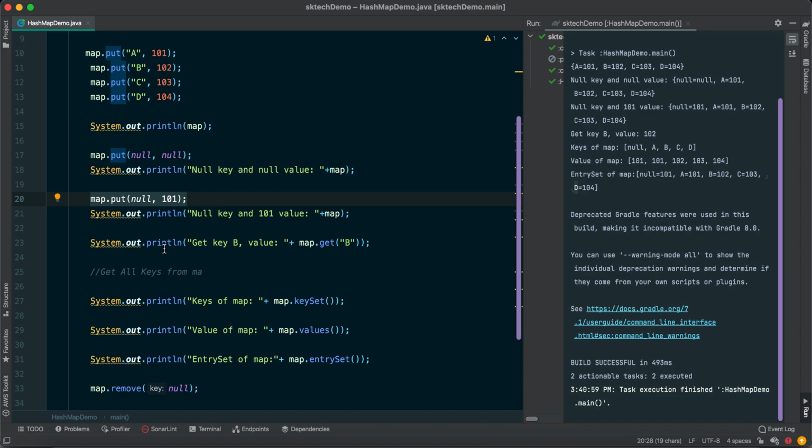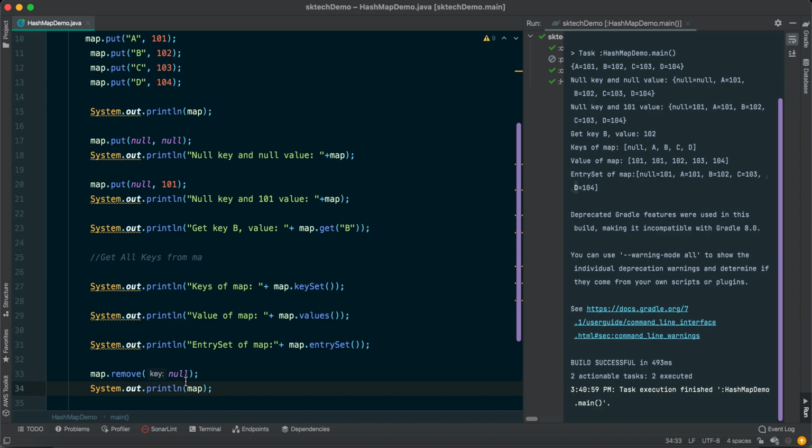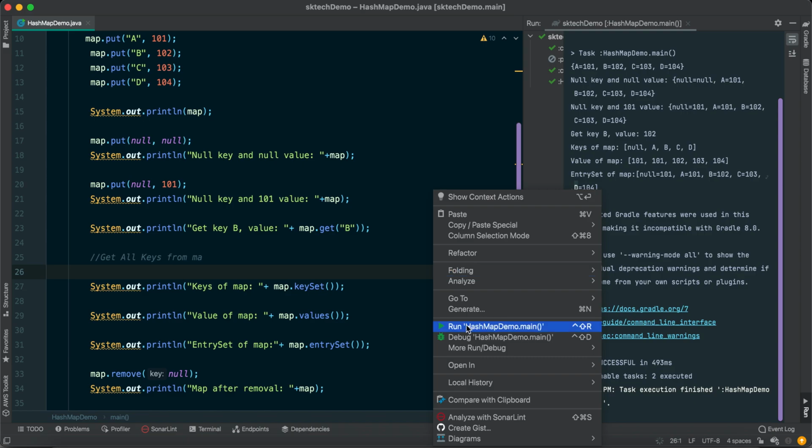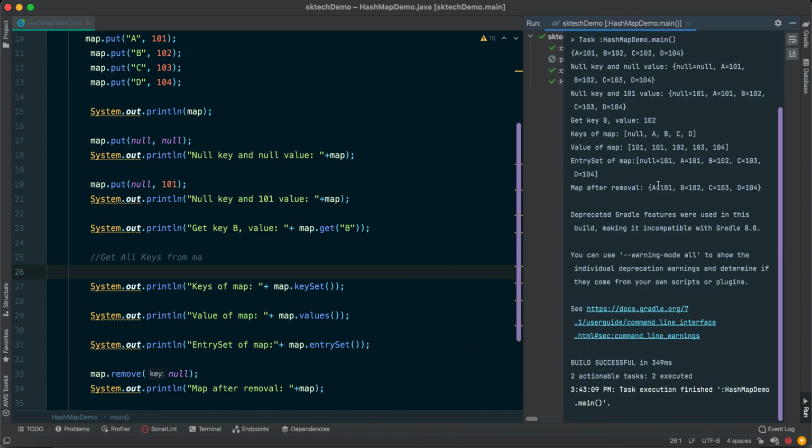Now let's print this map again. How can we print it? It's very simple. Let's print using a simple sysout statement, and add a statement here: "Map after removal". Now let's run this program and see the output. You see that the null entry that was there got removed.